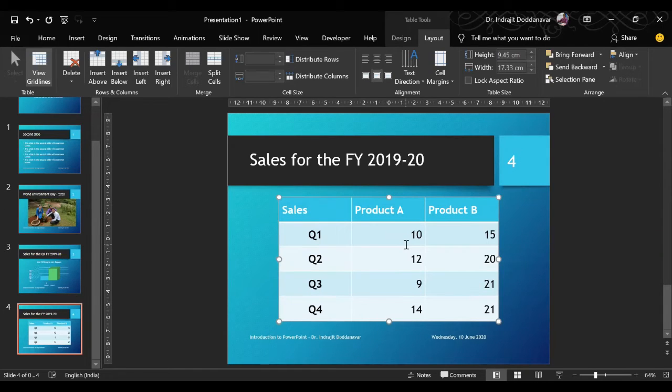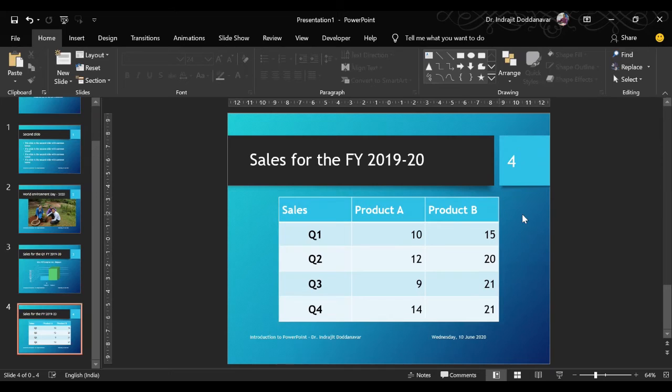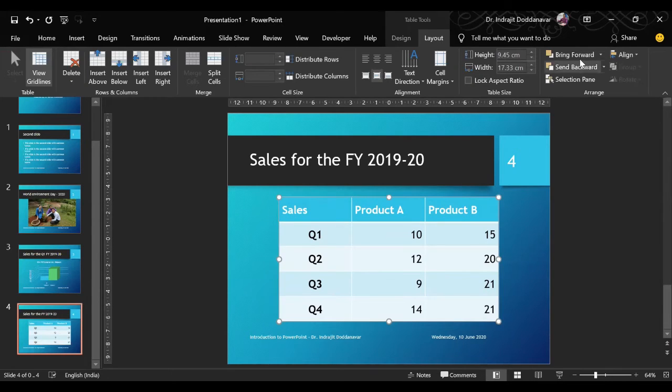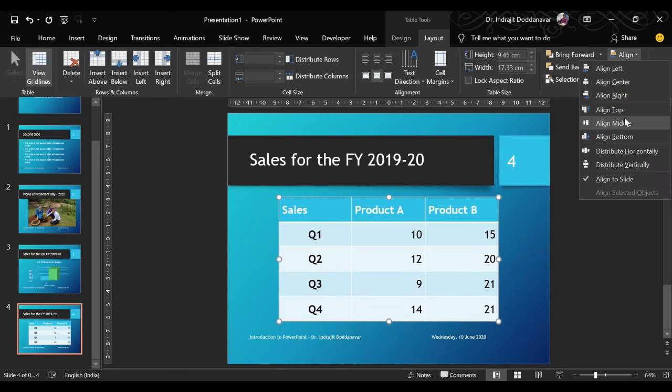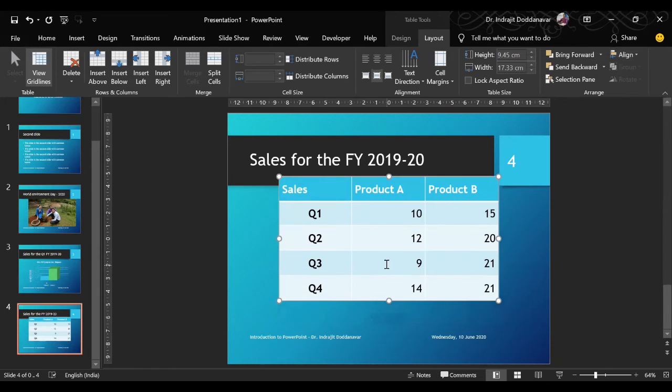Now you can see that the space from the left and the right are equal. Suppose you want to center it vertically also, and you say Align Middle. When you click this, see what happens. It is encroaching on the header space, which is not good.